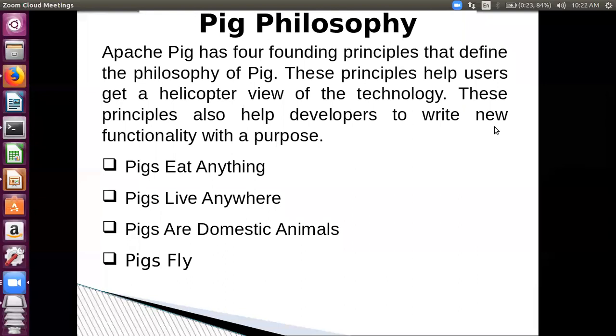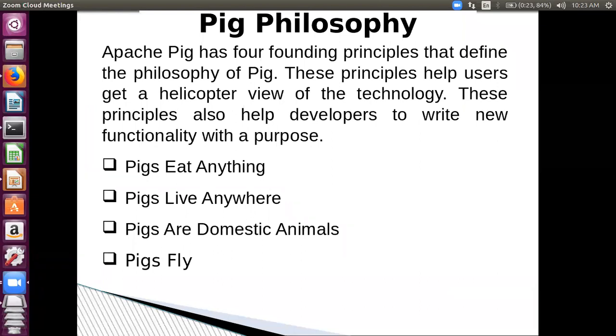You can raise your hands to answer. Okay, Ritika, go ahead. Pigs eat anything means we can give any kind of file. It can be weblogs or tweets, so any kind of file can be given to Pig for analysis. Pigs live anywhere means we can store it either on the local file system or on the cluster.